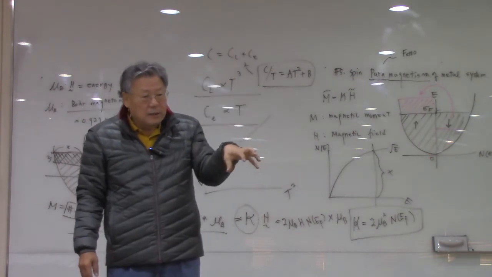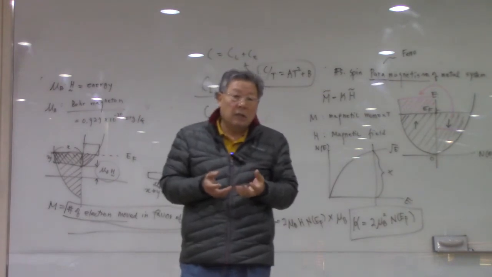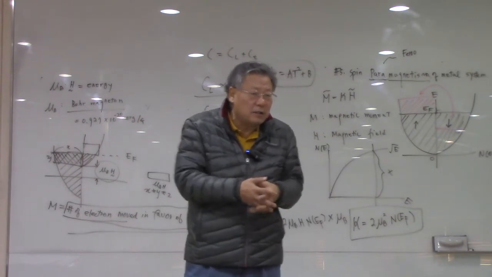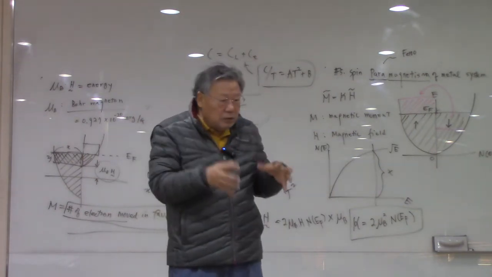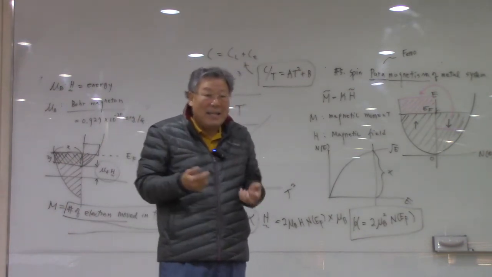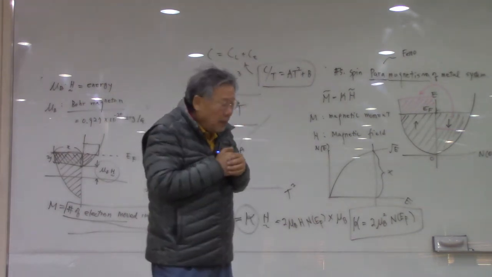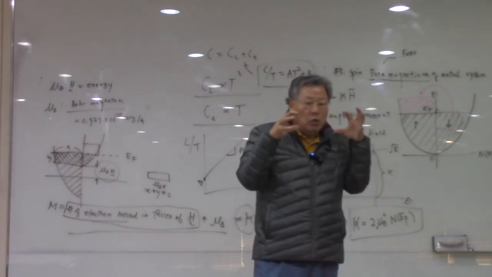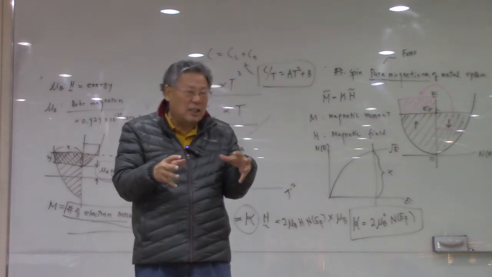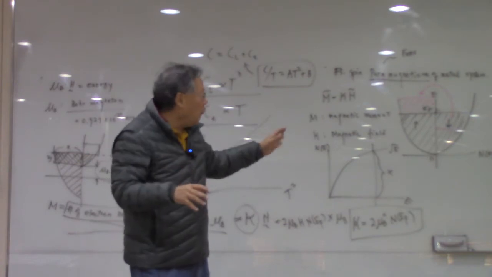So in that case, if you need a high magnetic field, you apply the high magnetic field to magnetize the materials, then the material itself will increase its temperature if you apply a high electric field to create the magnetic field, right? So if you apply the high electric field, then your metal, which is supposed to be magnetized, increases the temperature. So in the normal case, if you do not understand this